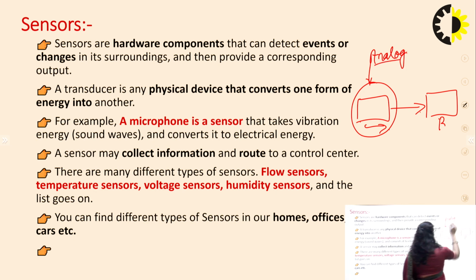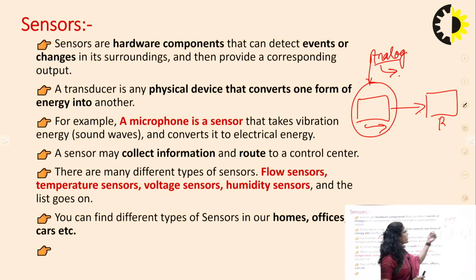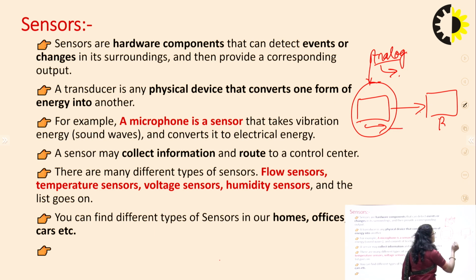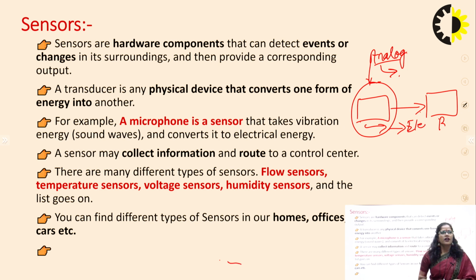And this analog form is not understood by the computer. So basically, what is the requirement here? The requirement is to convert it into a computer-understandable form. That means we convert it into electrical signals, and this is done by the sensors, right? For example, a microphone is a sensor that takes the variation energy, sound waves, and converts it into